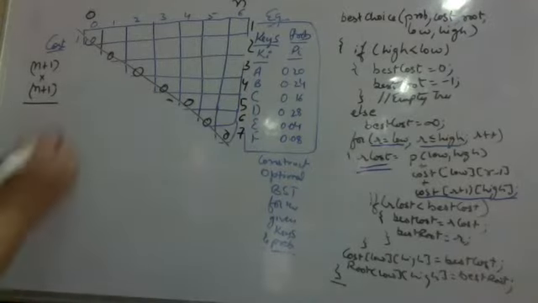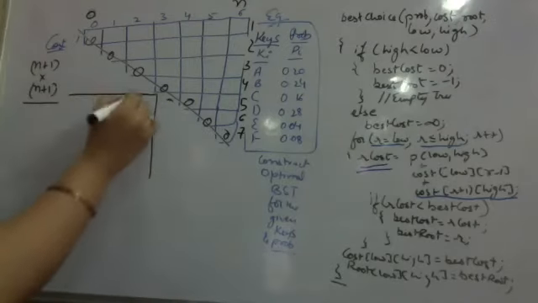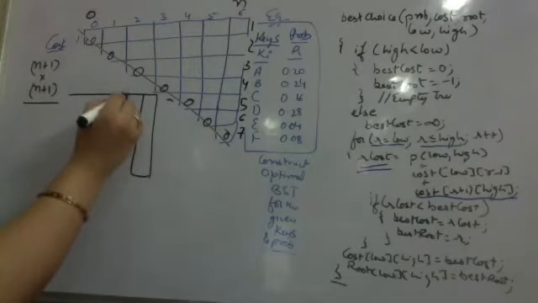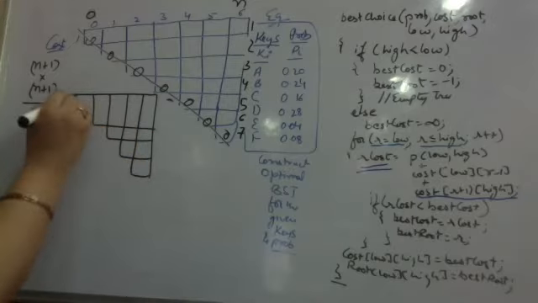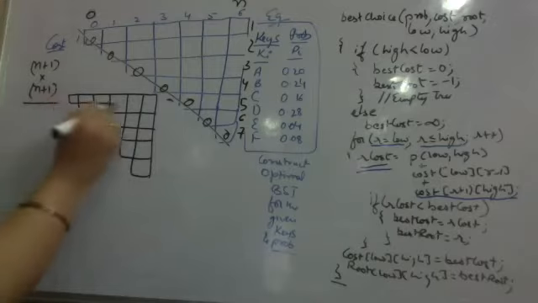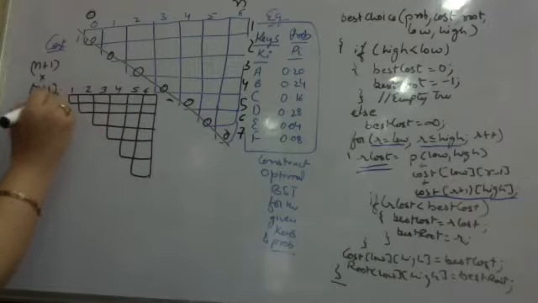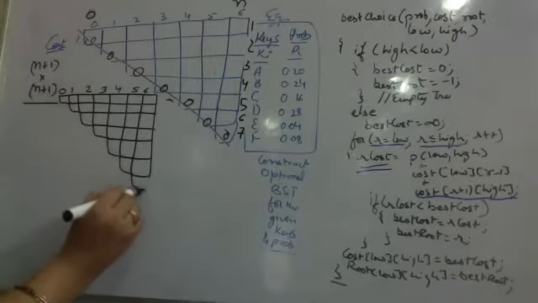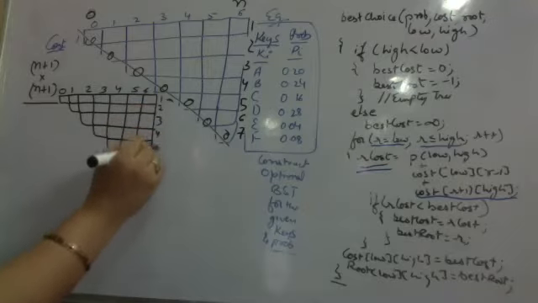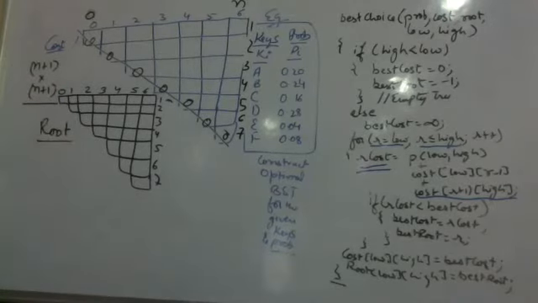Similarly, I have a very similar root matrix in which again I am constructing 7 rows and 7 columns. I have not counted, so this is 6, 5, 4, 3, 2, 1. A 0 is also required. So I will be creating a 0 here, and at the end, one more. So this is my root matrix and that is my cost matrix. So I have a root and a cost matrix.